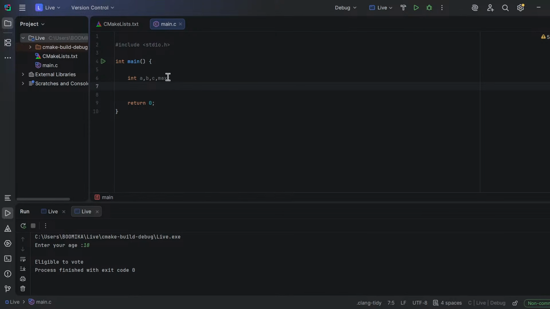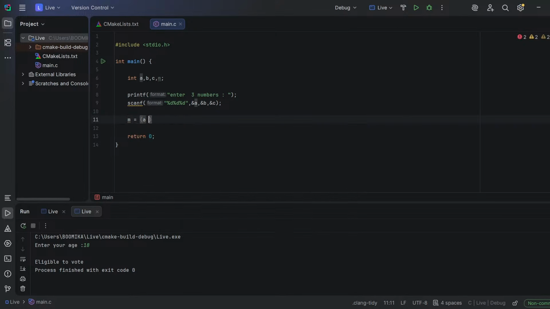If not, you can use it, but I'll still use m here. After that, printf enter 3 numbers. Now you can use scanf here to scan that. After that, the variable max, that is m equals,